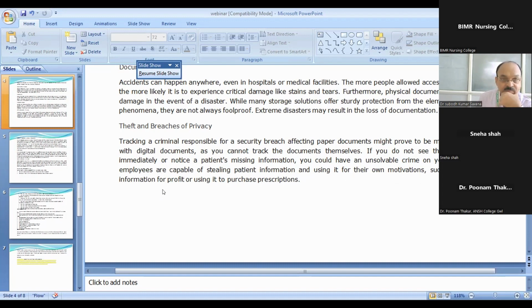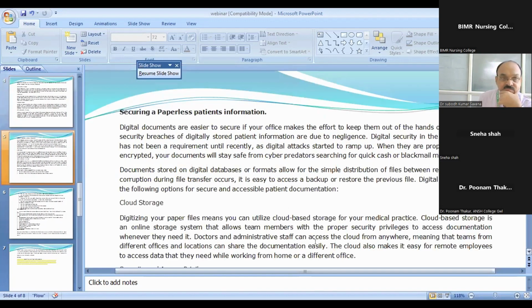as selling the information for profit and using it to purchase prescriptions. Then, securing paperless information. Digital documentation is easier to secure if your office makes the effort to keep it out of the hands of hackers. Often, security breaches of digitally stored patient information are due to